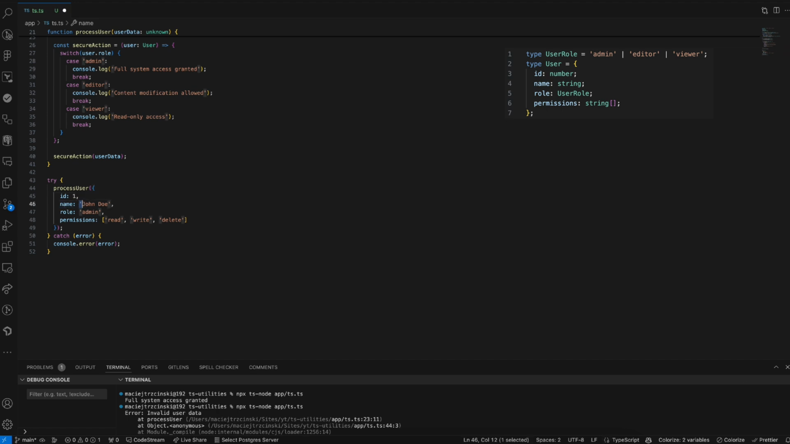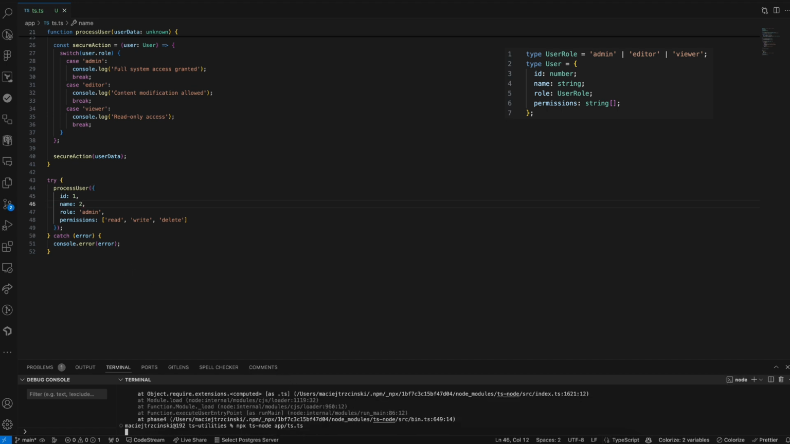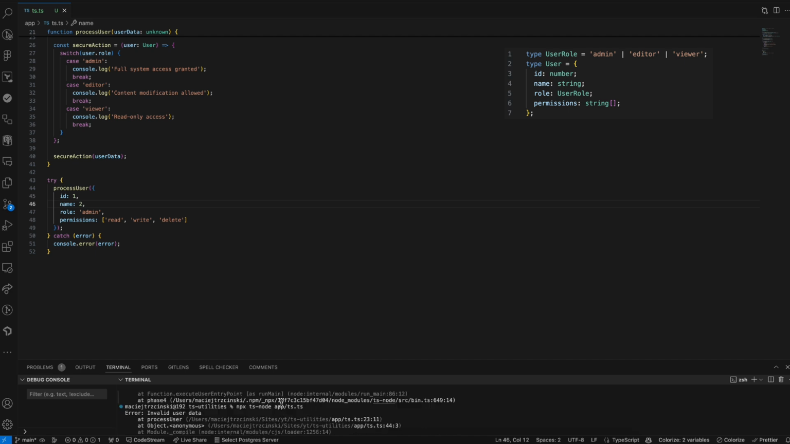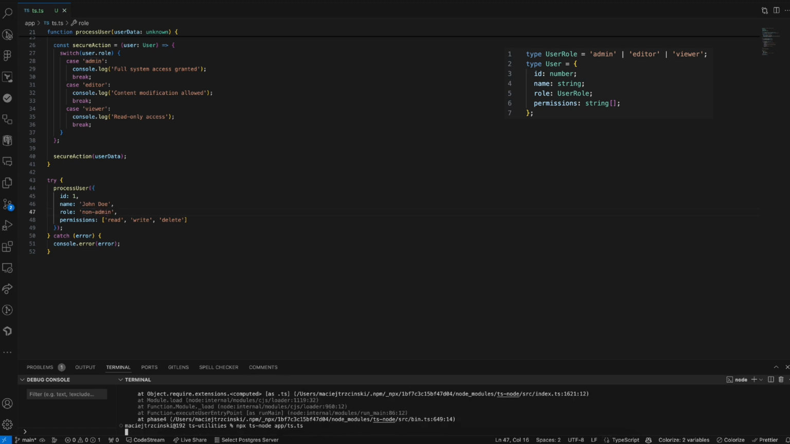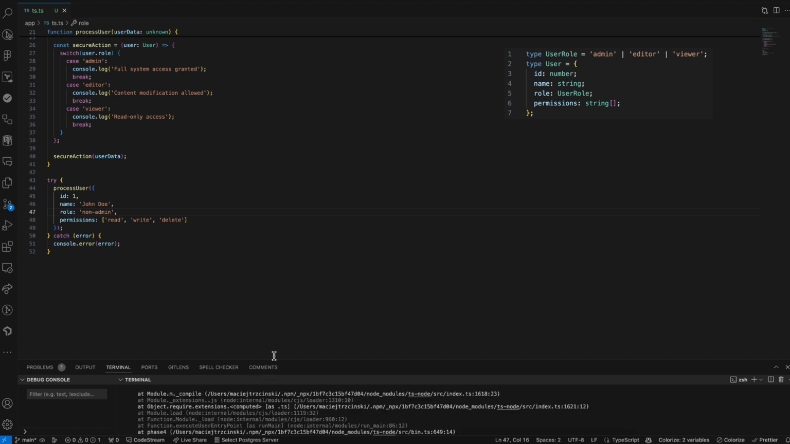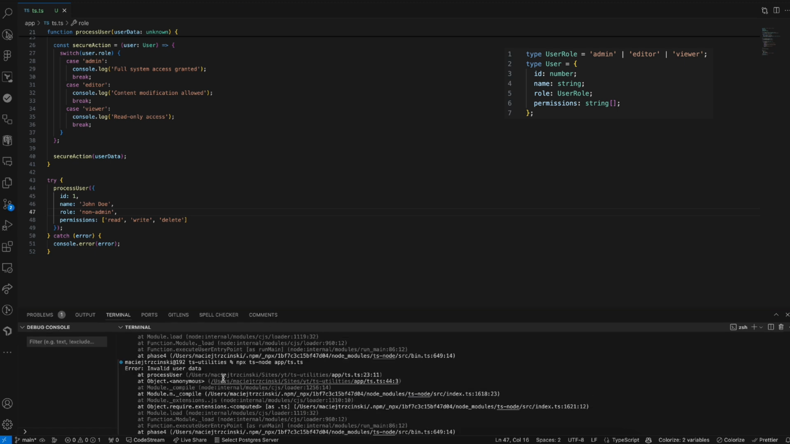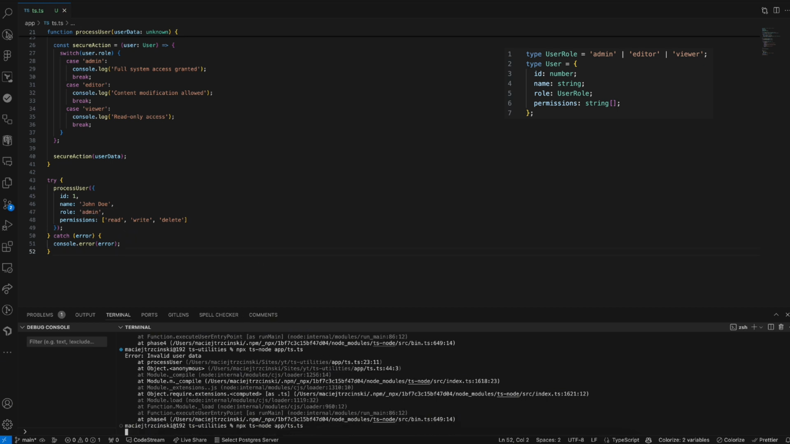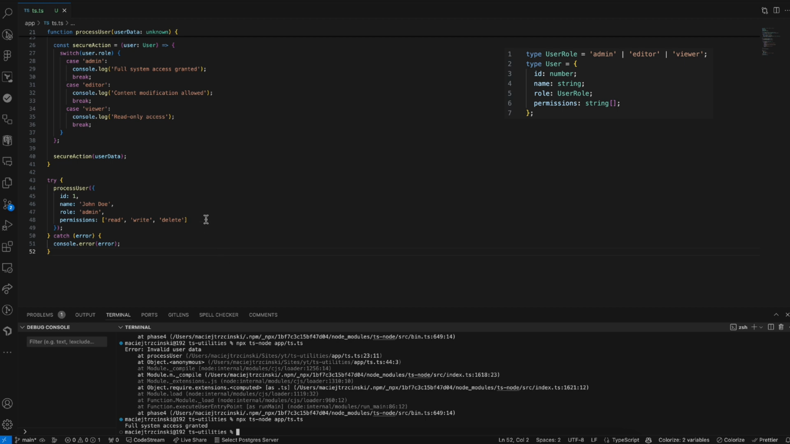The same thing if we change the name to a number and execute it, we'll get an error. And then we can change it to a non-admin role, and also we'll get an error. You can see here it's an error, and let's go back to the correct one and run it, and we see